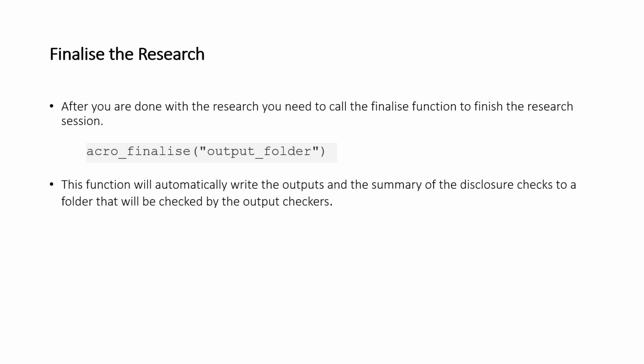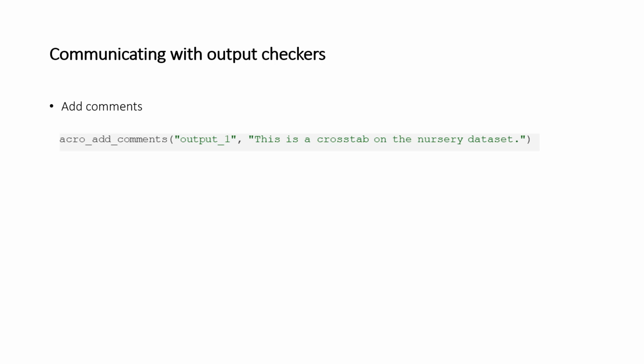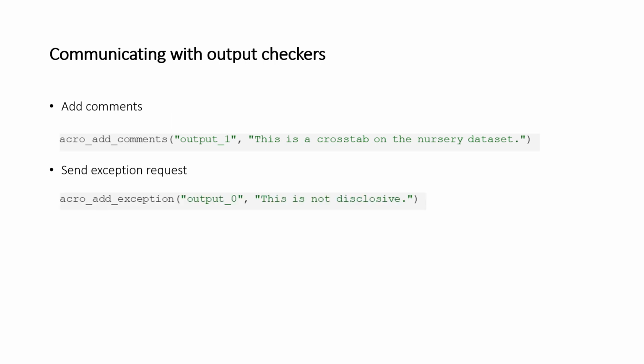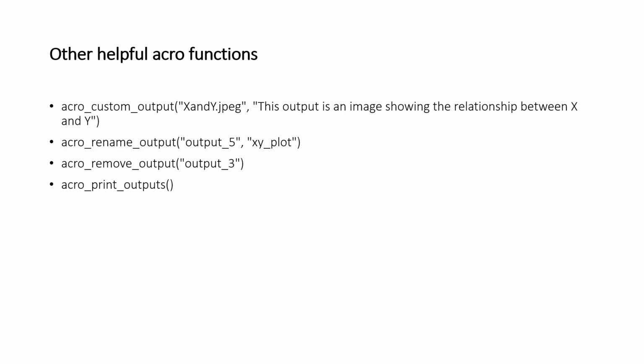ACRO also contains other functions that allow you to communicate with output checkers by adding comments or descriptions that provide some context to the output, or by sending an exception request if the output is disclosive but you think you have reasoning for that. For example, you may want to ask for an exception if you think that some zeros are structural and are not actually disclosive. There are other functions that help you manage and manipulate the outputs, such as adding a custom output